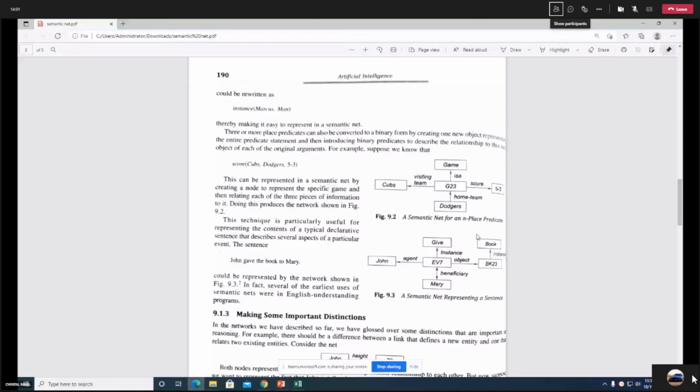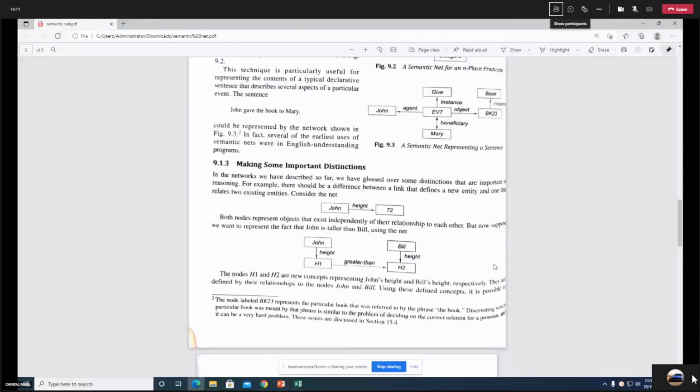Now the next thing is about making some important distinctions. What if you want to represent a few values and comparisons in the semantic net? So John is one object, the attribute is height, and the attribute value of height is 72. Now you want to represent that John's height is greater than Bill's height.